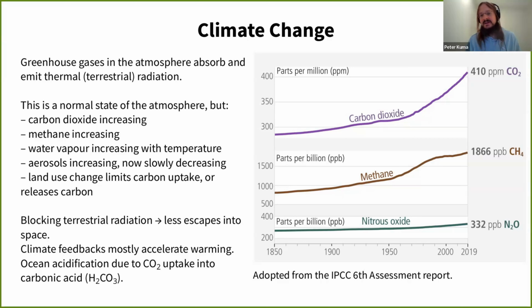And there are some secondary effects other than just the temperature. And the main one is ocean acidification. So when we increase the amount of carbon dioxide in the atmosphere, some of the carbon dioxide is going to be dissolved in the ocean water and is turned into carbonic acid, and so that increases the acidity of the ocean, and that's a problem for various animals living in the ocean, which have calcium in their shell, basically, which depends on a certain pH of the water.